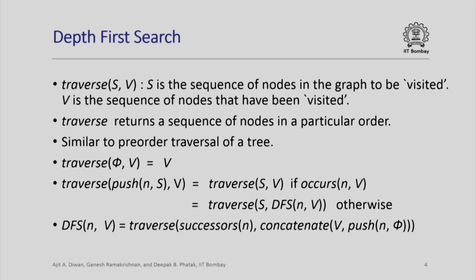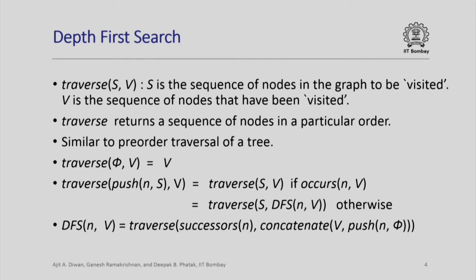And now we traverse through all the successors of the node n, and again check if any one of the successors has been visited or not. If you find a successor which has not been visited, it will again call depth first search for that successor, and again it will push that successor into the list of visited nodes and so on. So, this is a compact way of describing depth first search in a graph.